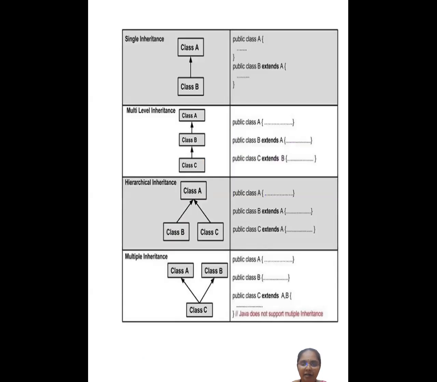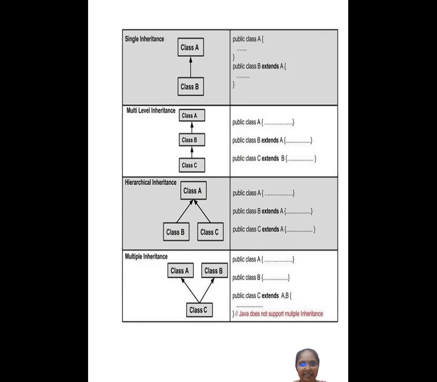These are the various declarations we're going to see. First, single inheritance. Which one is the parent class? Class A is my parent class and class B is my derived class. How can we write the syntax for this? I have to use the public access specifier. Public access specifier means we can access that particular class anywhere in the program. So I have defined public class A. It will have certain features, properties and behavior, which can be used in my derived class.